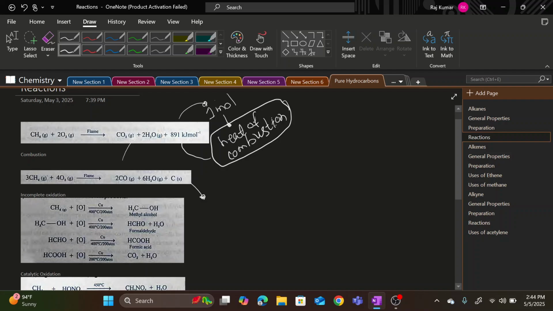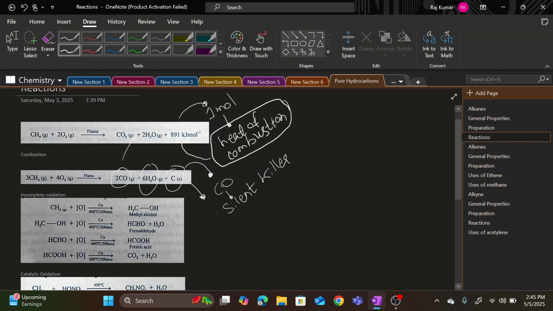But let's say I don't provide enough oxygen, I provide a limited amount of oxygen. At that point, when I burn methane in a limited amount of oxygen, it's going to produce carbon monoxide, carbon black, and water. Now one more thing to be considered here is that the carbon monoxide gas produced is very harmful for humans because it has a greater affinity for hemoglobin to attach, which reduces the oxygen carrying capability of the blood. Due to this reason, it is known as a silent killer.